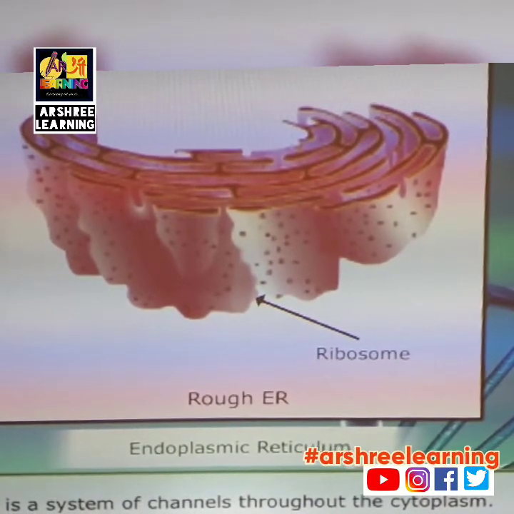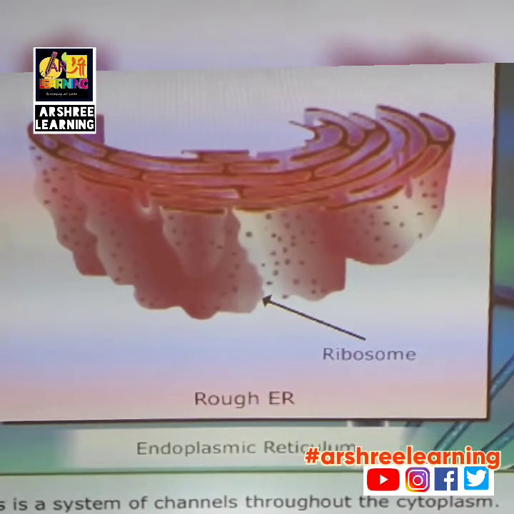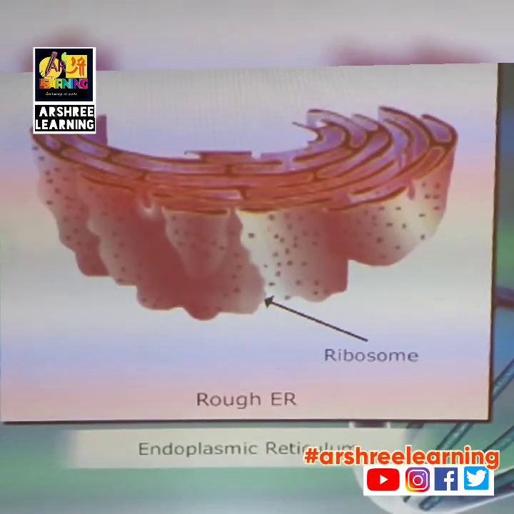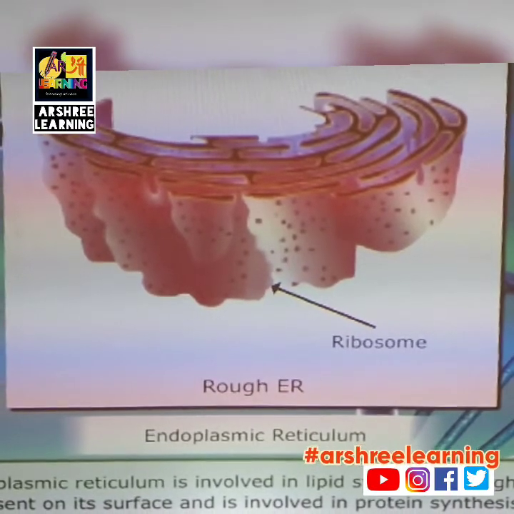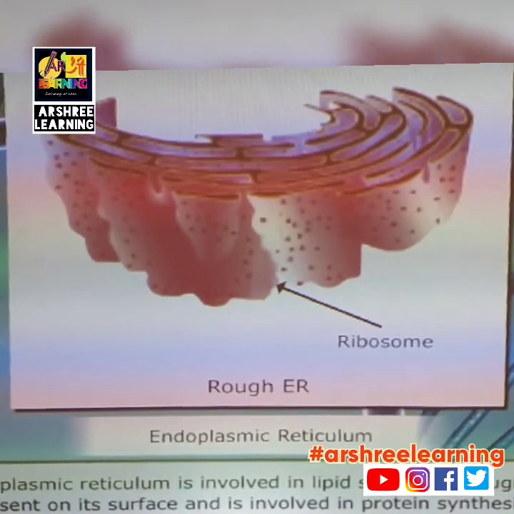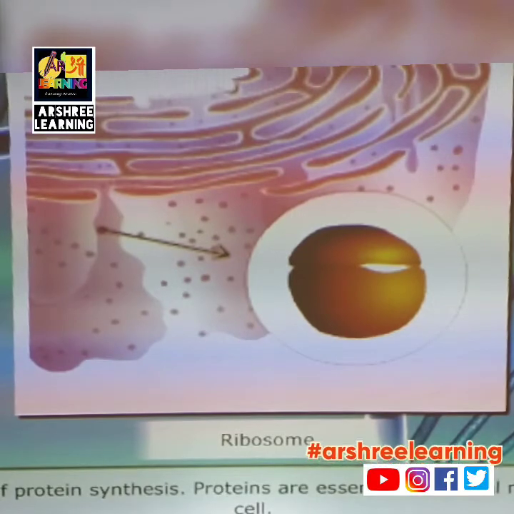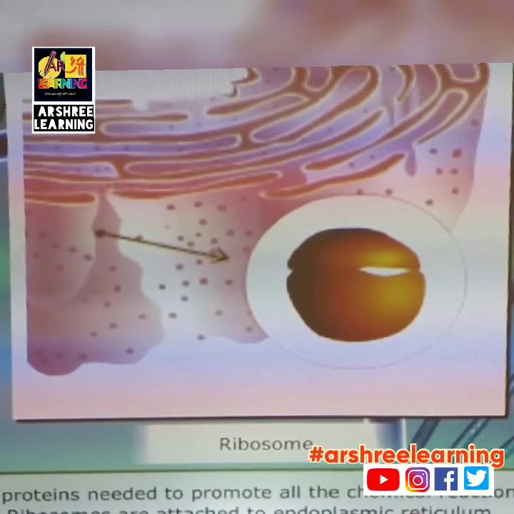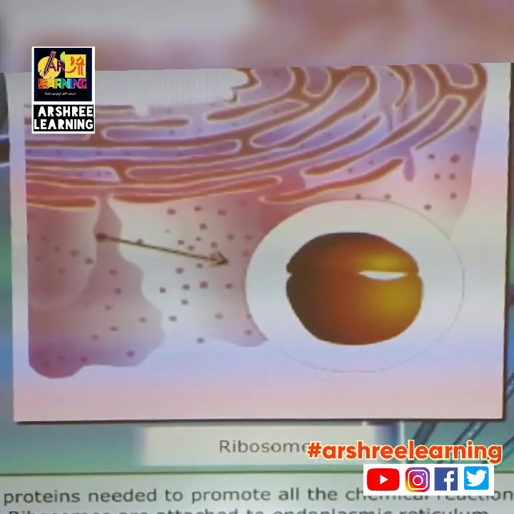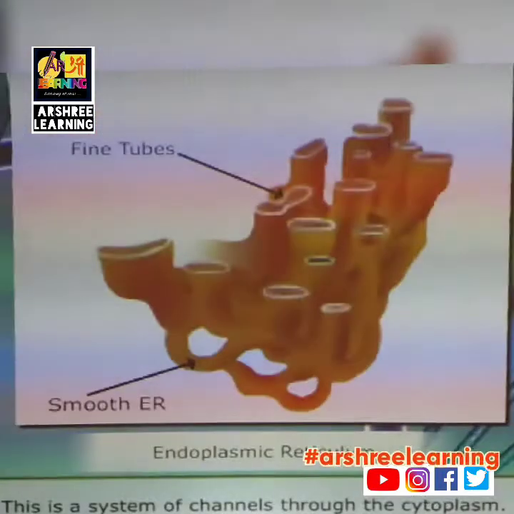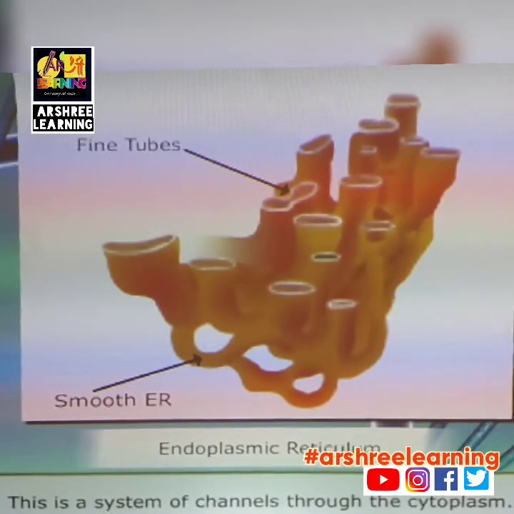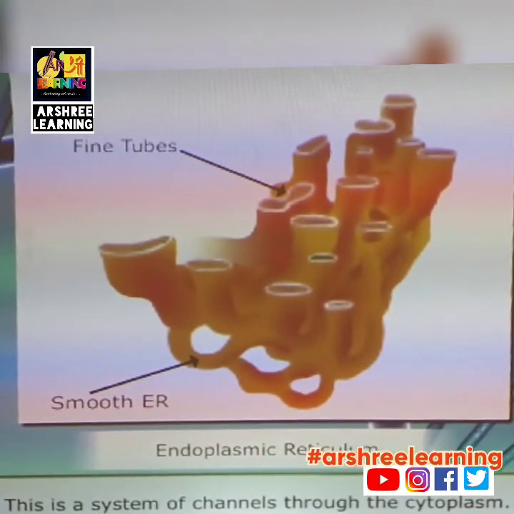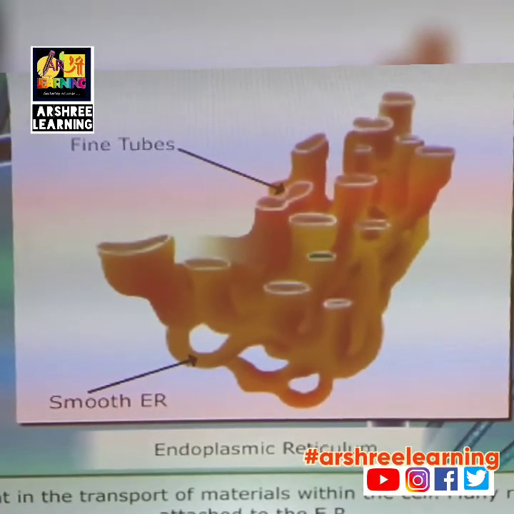Next is the endoplasmic reticulum. They are nerve-like pipes which control the movement of material inside the cell. They are distributed inside the cytoplasm of the cell. Another component of the cell is the ribosome. It helps in the synthesis of protein, which helps in absorption, production and utilization of protein for the growth of the cell.